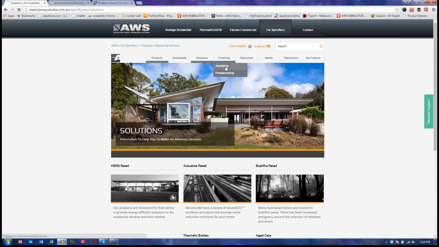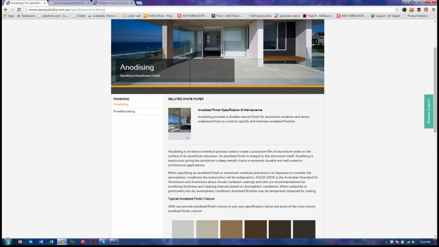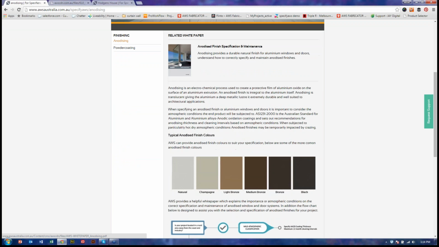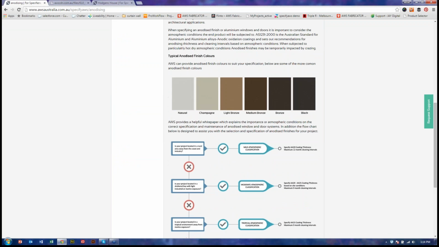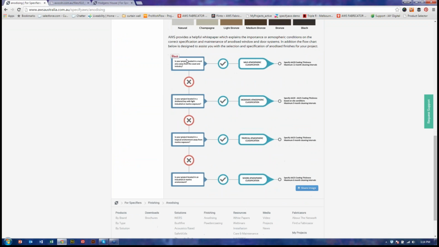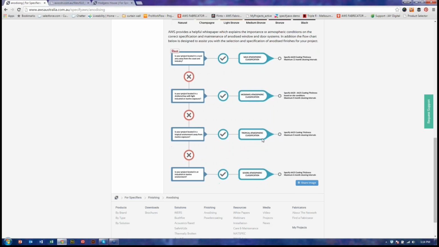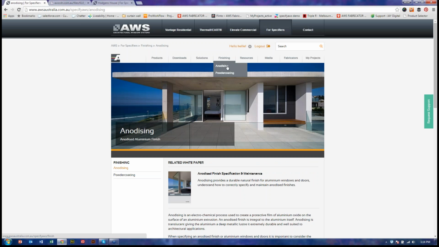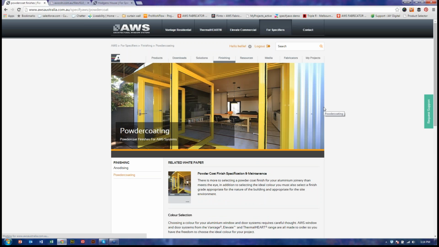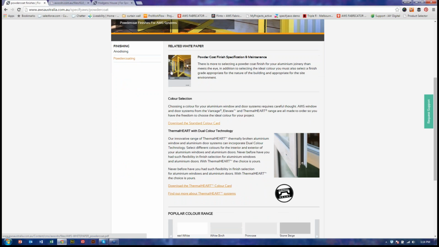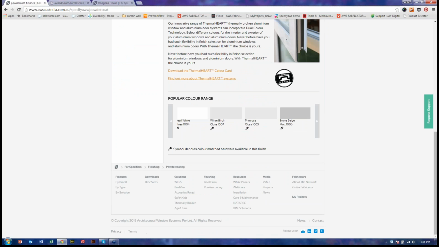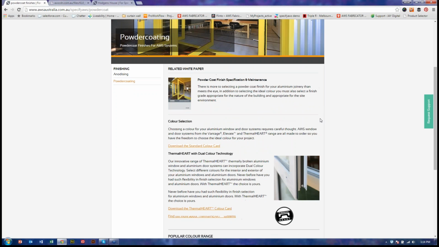The Finishing section gives you information about anodizing, along with a white paper which you can download to help you with specification of anodized finishes, and a quick reference guide to help you in selecting the correct anodized thickness. Similarly, powder coating information, including a white paper, a full colour range,